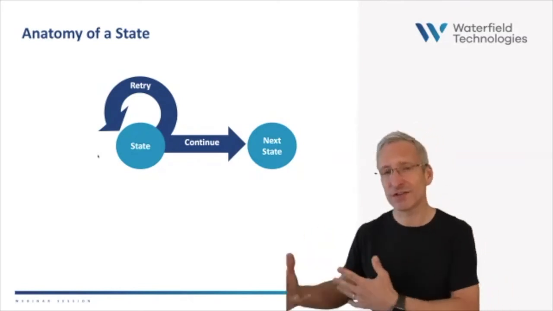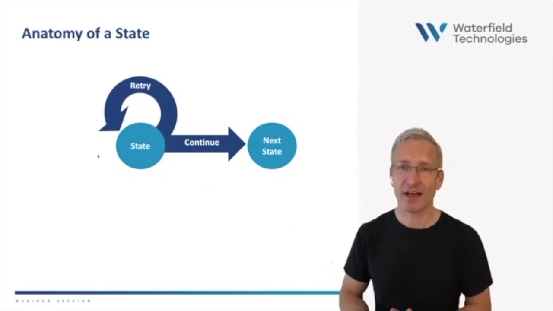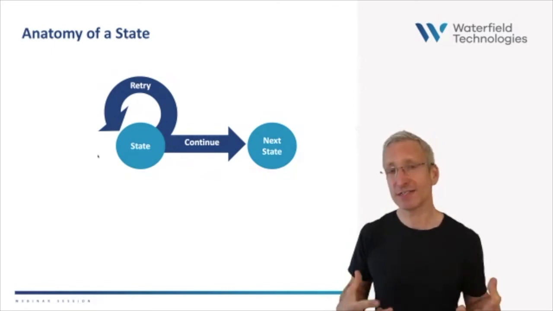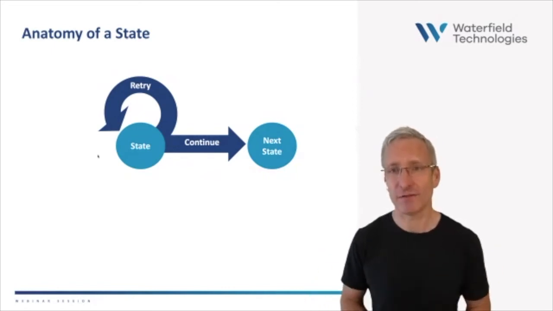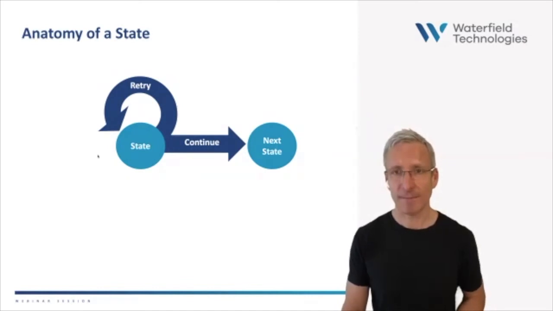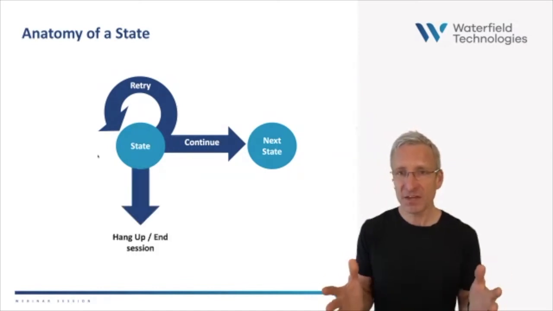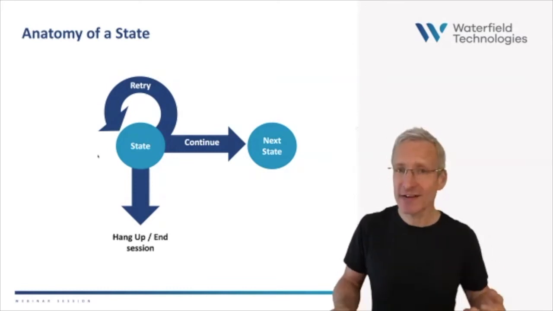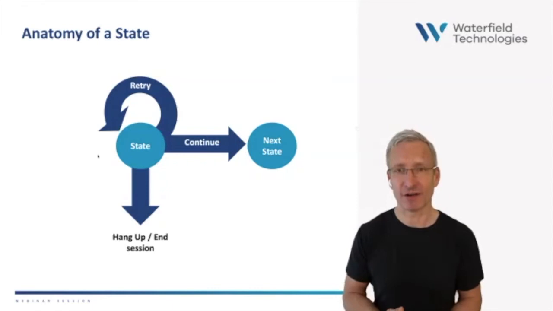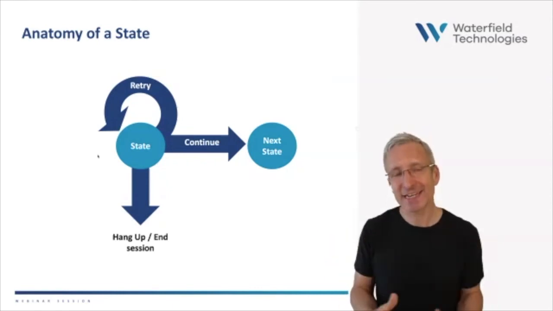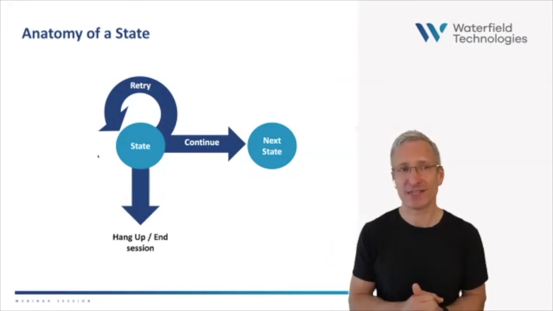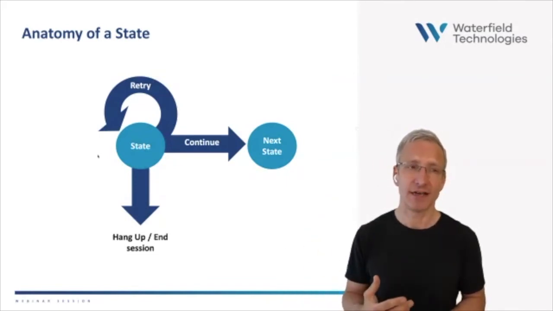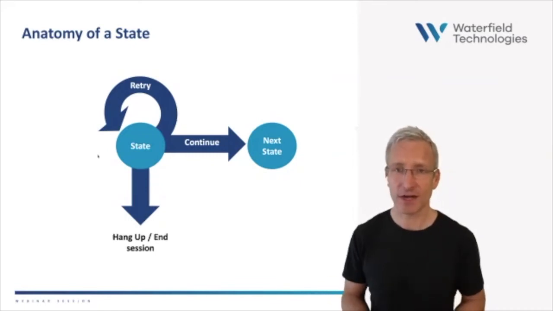And there's conversation design techniques that we'll cover in webinar 3 in this series, where we'll talk about that kind of thing. But suffice to say, sometimes we just got to retry to gather the information that we're looking for. And sometimes we're unsuccessful at doing that, and the customer will hang up frustrated. There might be other reasons why the customer hangs up, like I said earlier on. And so within each state of the application, this is typically the pattern we see. We're either continuing to the next state, we're retrying within the current state, or there's a hang up or the end of a chat session.